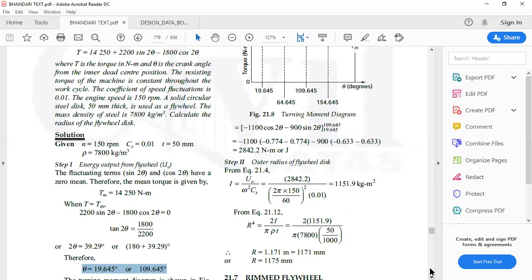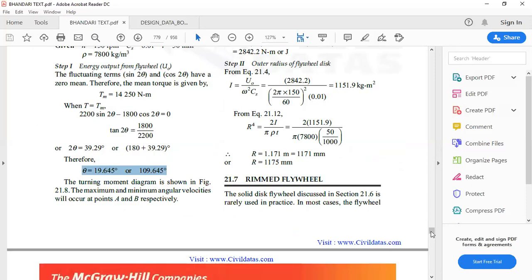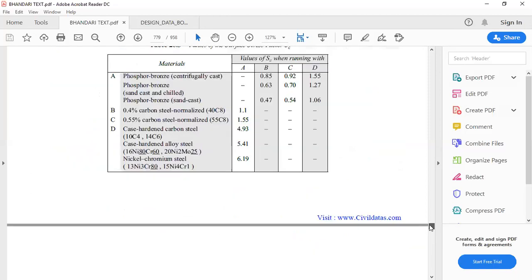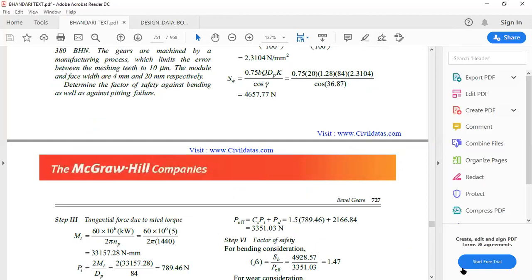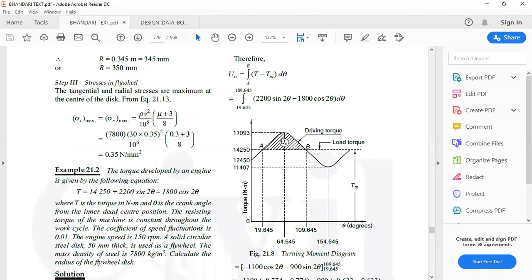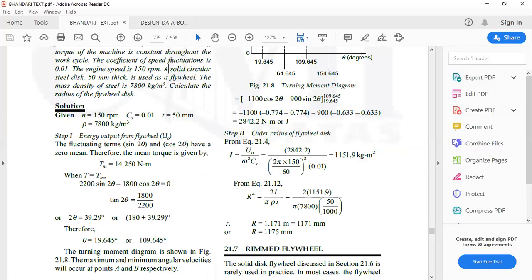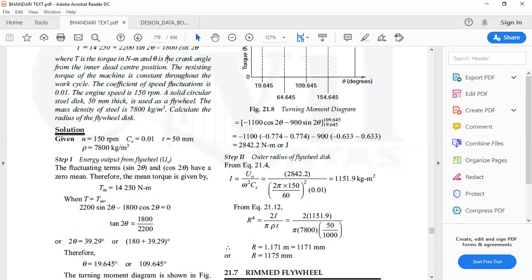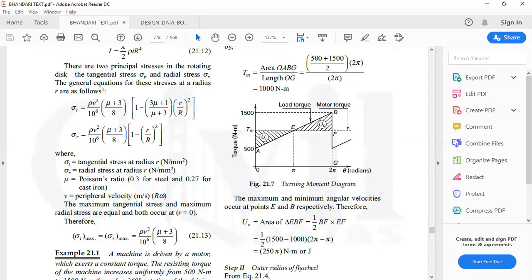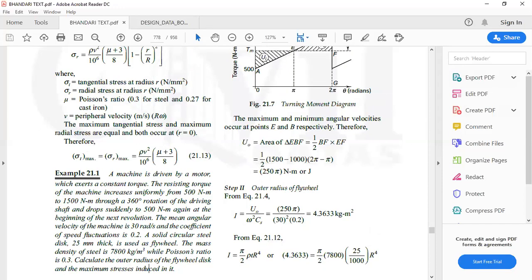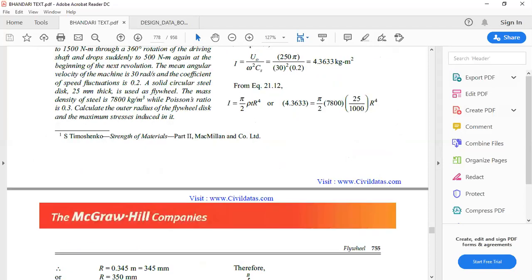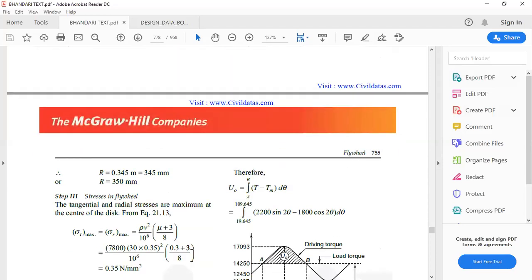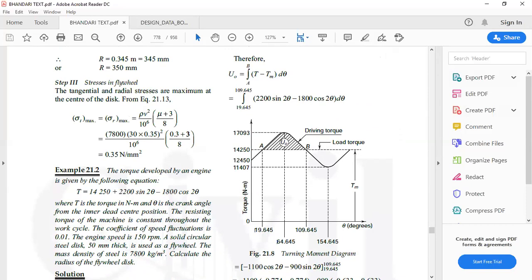So the energy finding. Then there is another method in which you will be given the energy at different points. That is the graph it shows. Each point the values are given. It is part of the flywheel. I will just show that. So these are the basically three methods in which we will be finding the energy.